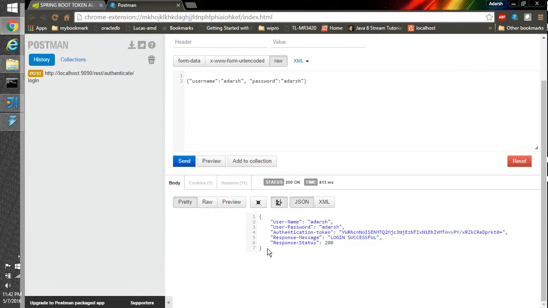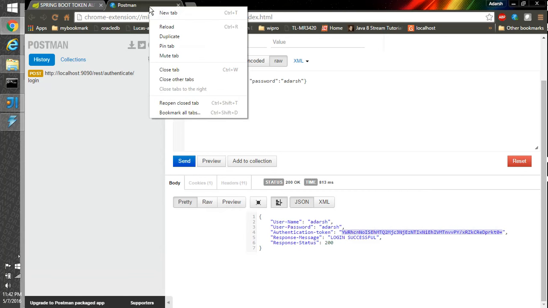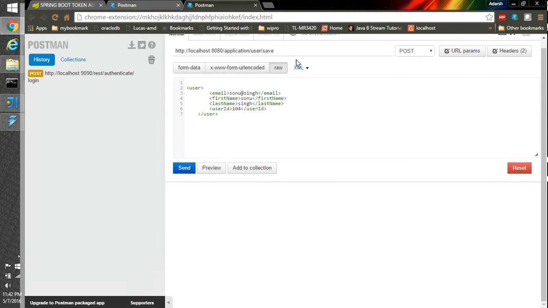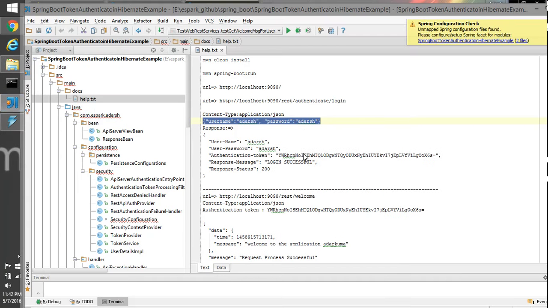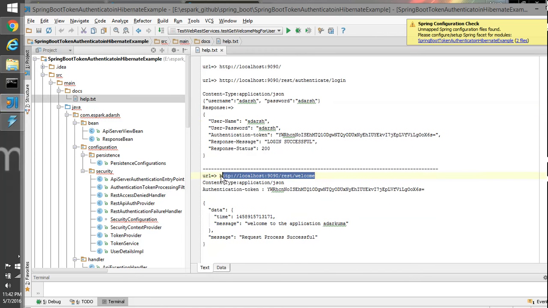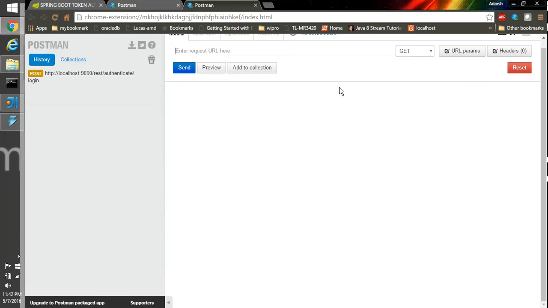So this is the response we are getting. So this is the token I was talking about. So this token we need to copy, or what we can do, we can just duplicate this, and then we have another URL which is a get request.